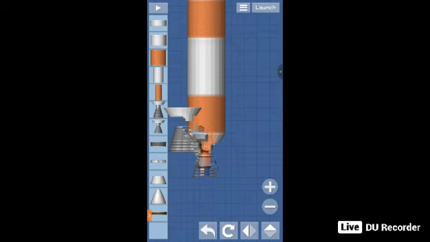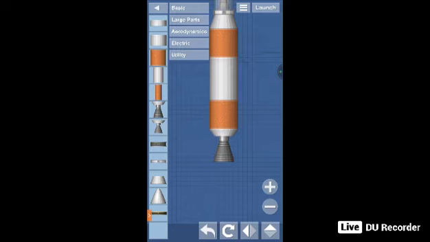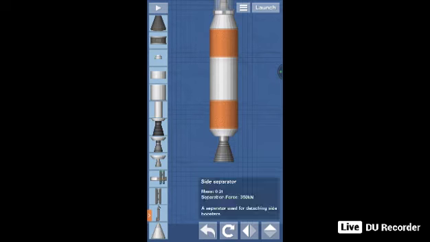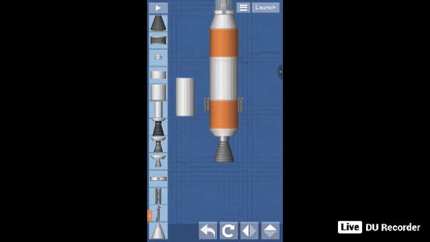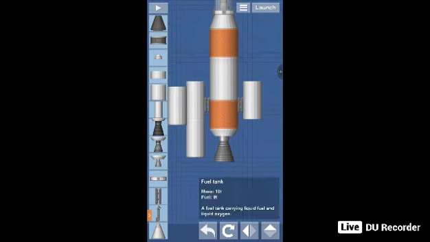A huge engine, 1380 newtons. Separator next. Side separators, side steps down here for ease of access. Now I begin building a smaller, much more versatile side boosters. About 10 tons worth of liquid fuel in these here, and about